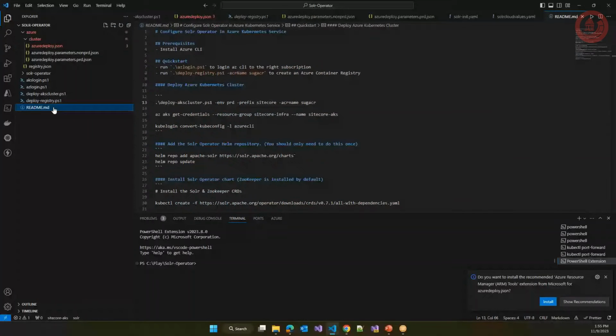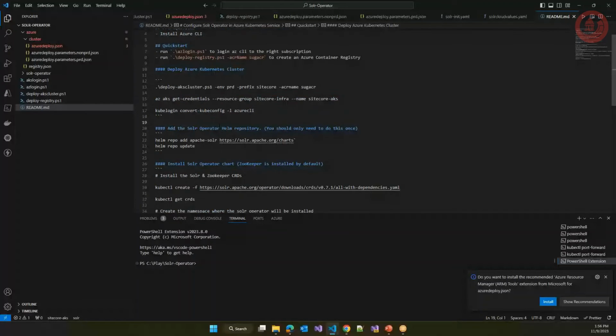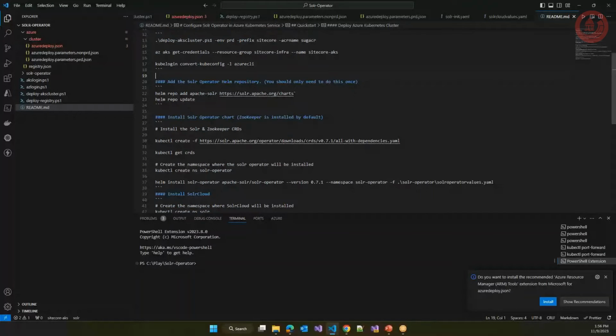Yeah. So once we have the cluster, these two commands are actually used so that I can have it inside the Visual Studio Code extension. And then we come to the actual command that will be used for creating the Solr operator. It's actually very simple. We just need to add the repository, Helm repo add Apache Solr, and then we have to update it. So if I go to this website, actually, we will